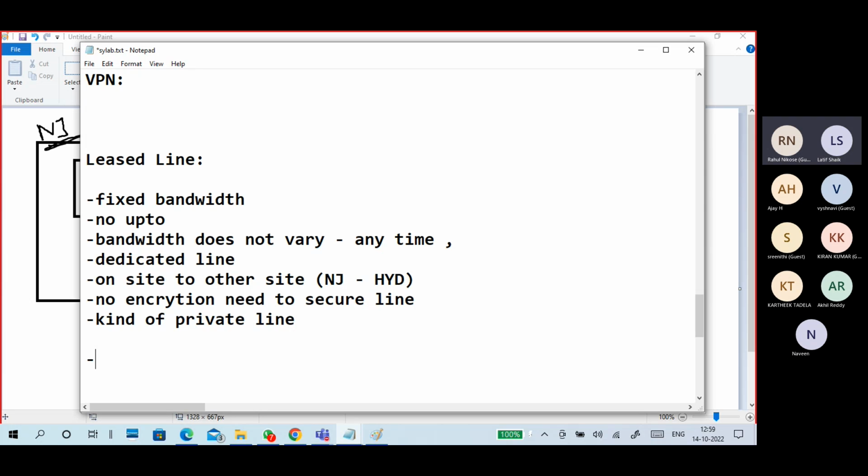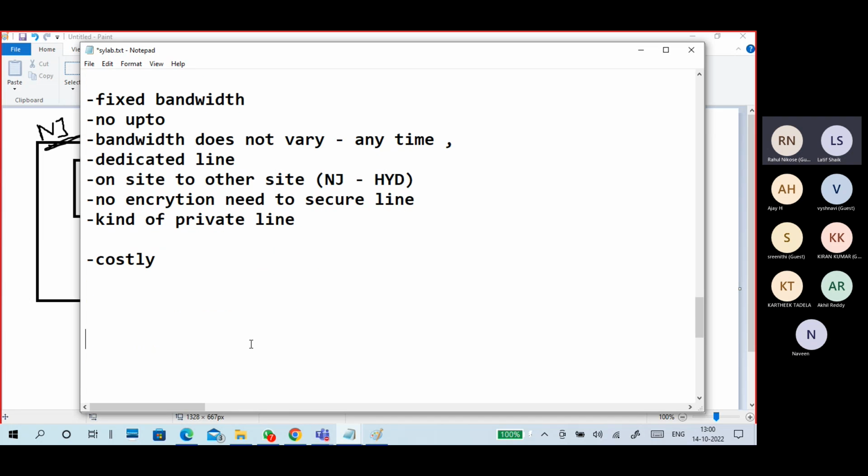Next, what is in a leased line? The cost. Compared to broadband, it is costly. It is costly compared to regular broadband, because it's a leased line, right? Renting is different and leasing is different.